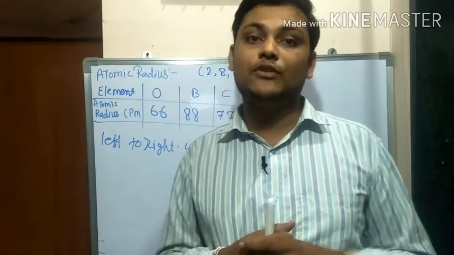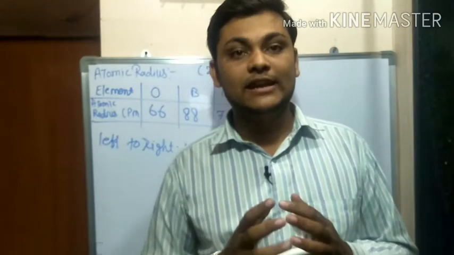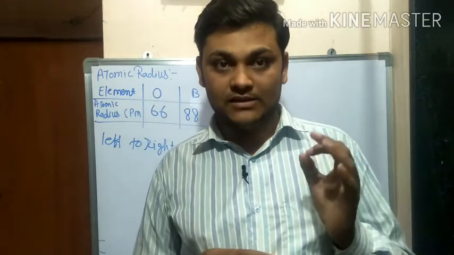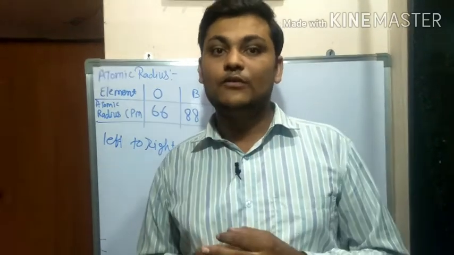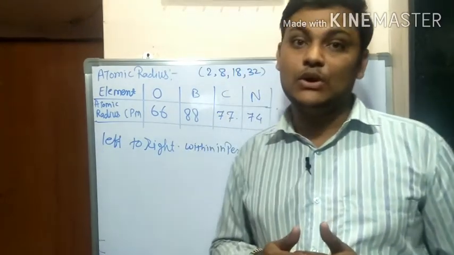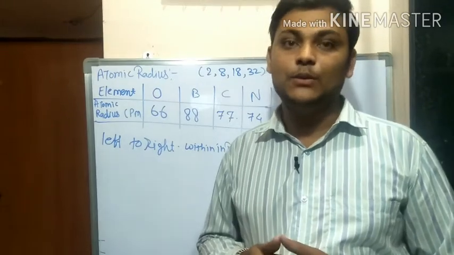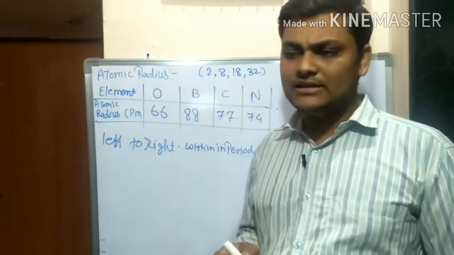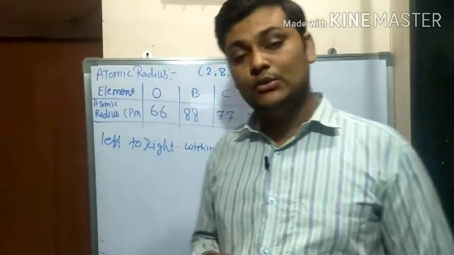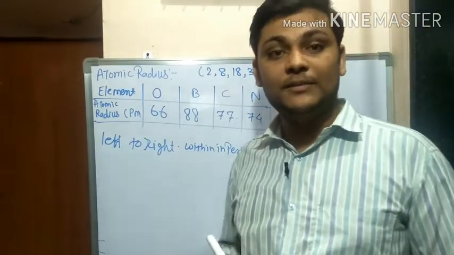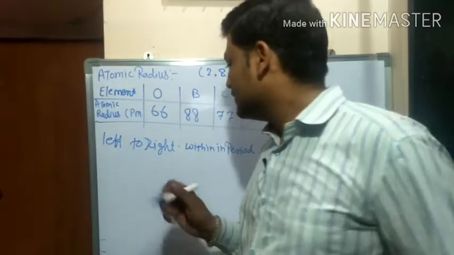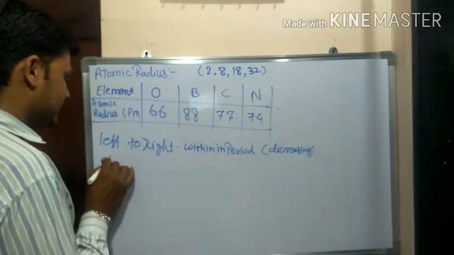Because we know very well hydrogen has one, then lithium, beryllium, boron, carbon. When we move in the period from left to right, at that time atomic radius decreases. The reason behind this is that going from left to right within a period, the atomic number increases one by one, and the positive charge on the nucleus increases by 1 unit at a time. Clearly we can see in the periodic table, take it out if you have one. When we go from left to right, the atomic number increases.